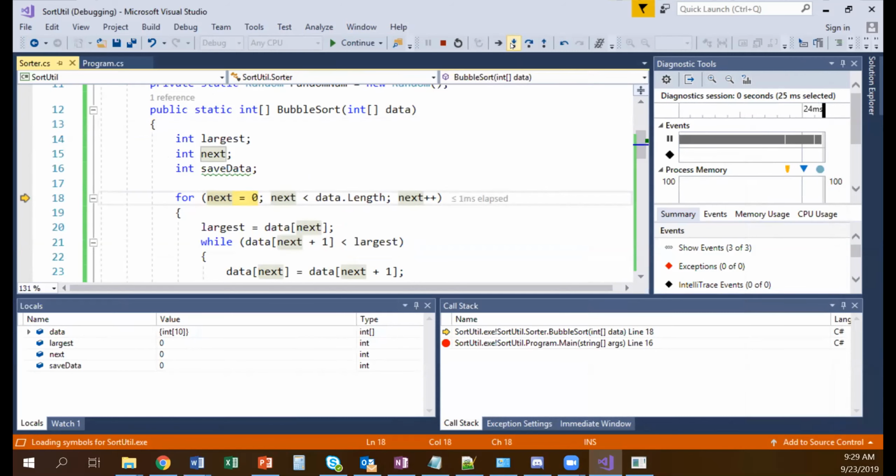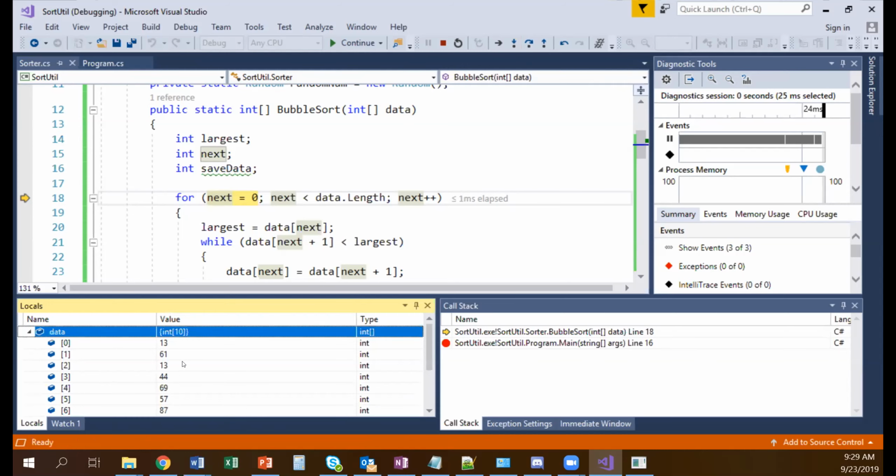All of our data items have been allocated, and we're going to start out with our for loop. Now, if I look at my data array here in the debugger, I should be able to see all those entries and see what order they're in, so I can tell what's happening. Now, if I F11,